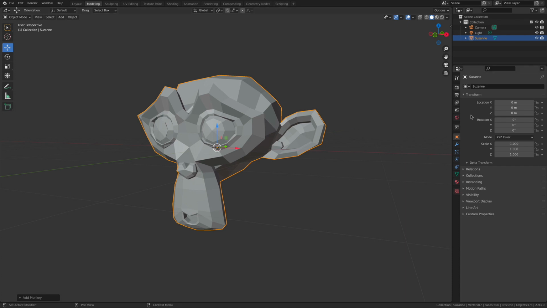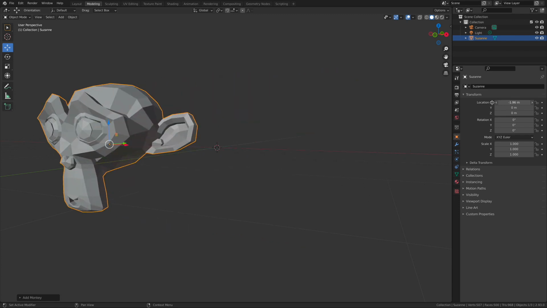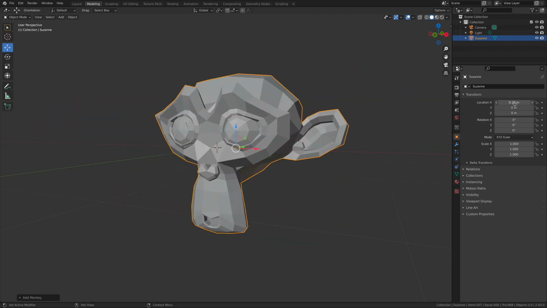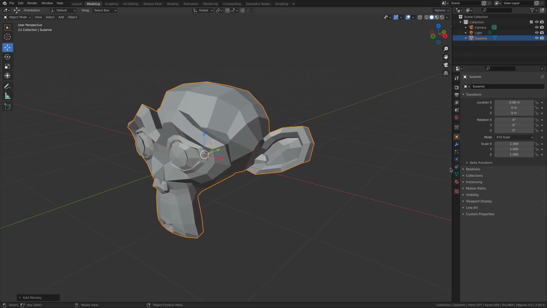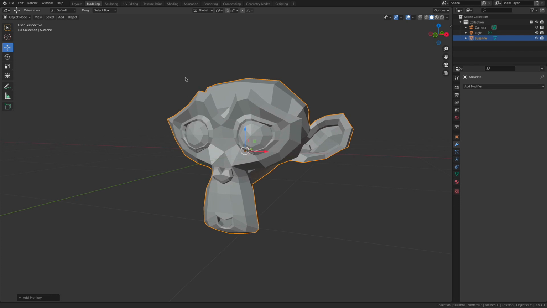The ones that you'll definitely want to make sure you keep an eye on is this orange cube. This is all of the object properties. So you can see here all the object transform channels for good old Suzanne. If we change the location, you can see that it moves that object inside of our three-dimensional space in here. So the properties panel is going to give you access to a lot of granular details that will help you continue to craft and to edit all of your shapes inside of Blender.